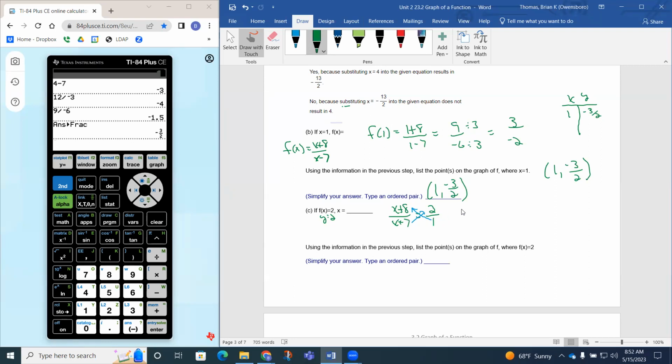So 1 times x plus 8 is just going to be x plus 8. And when you multiply the 2 through, that's going to give you 2x plus this 14. So 2 times x is 2x, and 2 times 7 is 14. So again, to solve this equation,